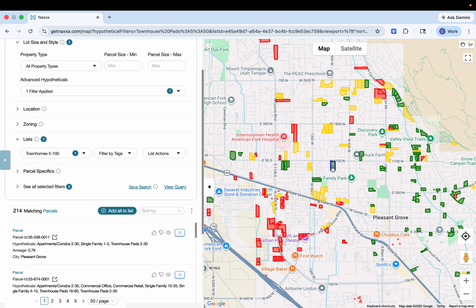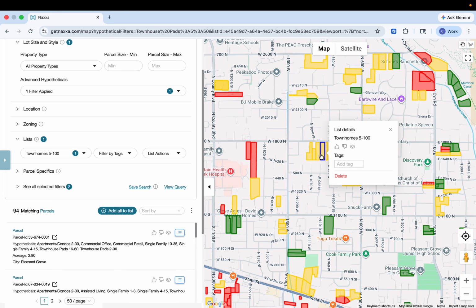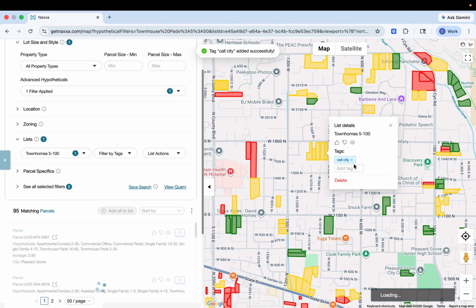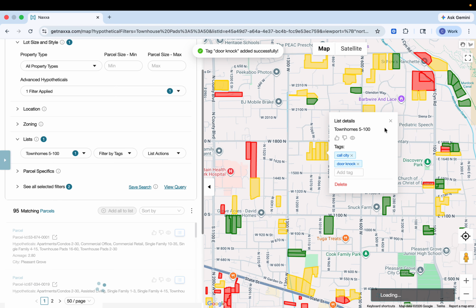And then as you see, if you're inside a list and you scroll over one of these parcels, it will pop this up, so I can like it, dislike it, say that I viewed it, add a tag. We like to initially qualify the land. We don't even want to reach out to the landowner unless we qualify it first, because if it's something that we don't even want to chase, then why are we going to reach out to the landowner? So we'll create tags like call city, or let's say we have talked to the city and we've qualified this. Maybe we'll say door knock, or mailer,